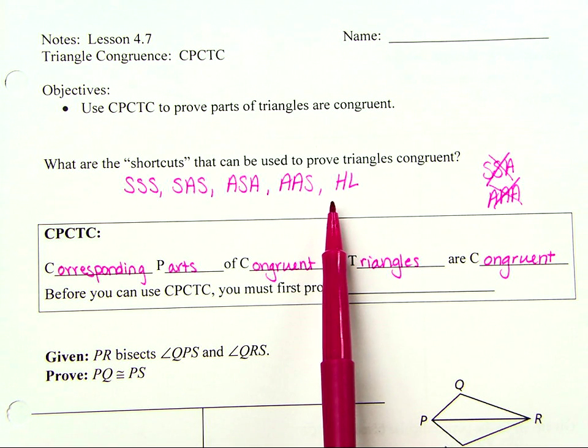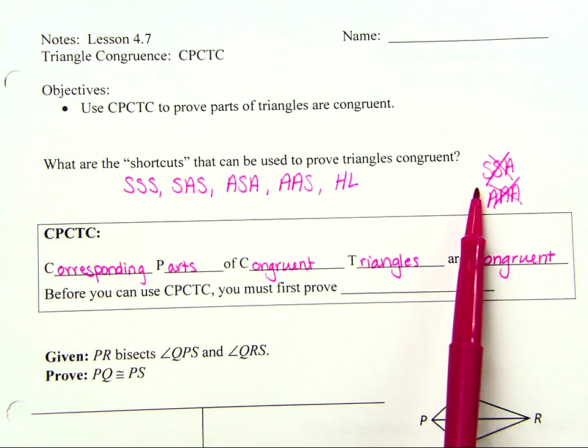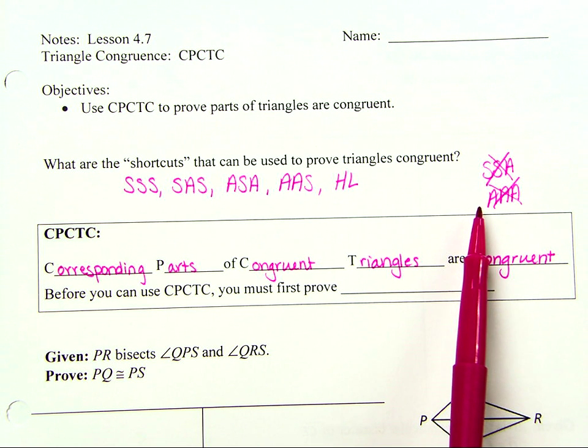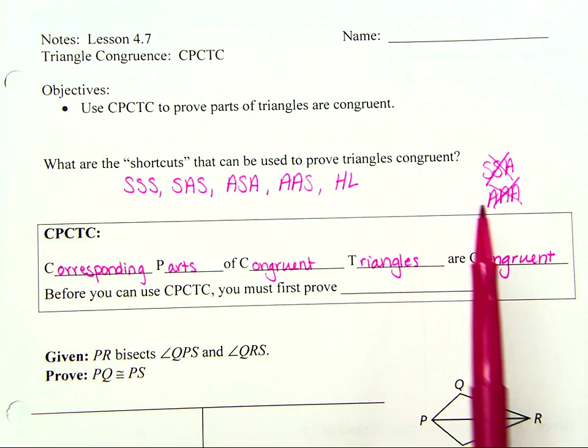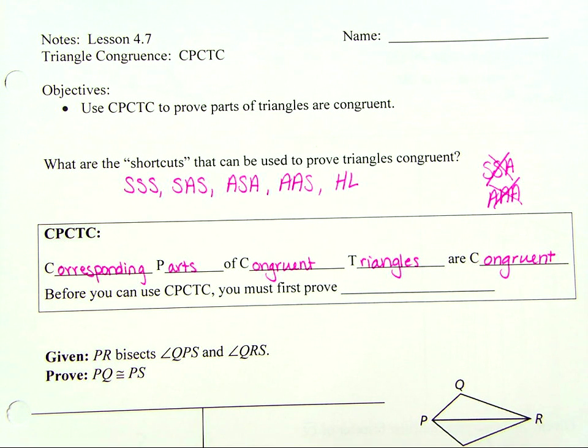We also had discussed the fact that side, side, angle, and angle, angle, angle are not going to be shortcuts to prove our triangles congruent. That's not quite enough information to determine that two triangles would be the same. Well, in lesson 4.7 today, we are going to talk about specific parts of our triangle, the sides or the angles, and we're going to learn an acronym today. That acronym is going to be